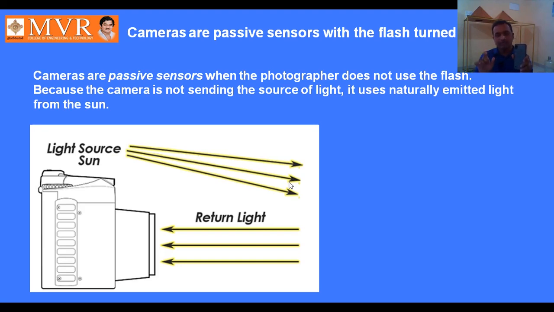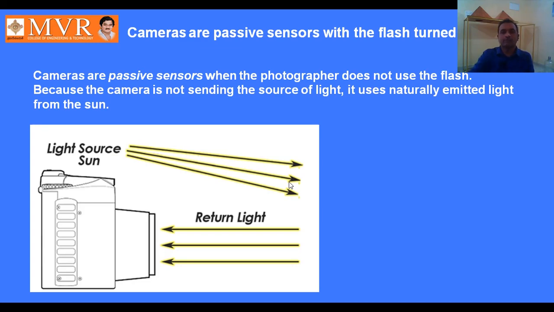What happened in this case? The mobile is capturing signals reflected by you. So, where did the reflected radiation come from? An already existing source is present in the universe. The sunlight is incident on you, and then the reflected radiation is recorded by the camera. This is called passive remote sensing. What is the difference between these two? When the platform acts as a source, that is active remote sensing. In the absence of such a source, reflected radiation captured by the sensor is called passive remote sensing.